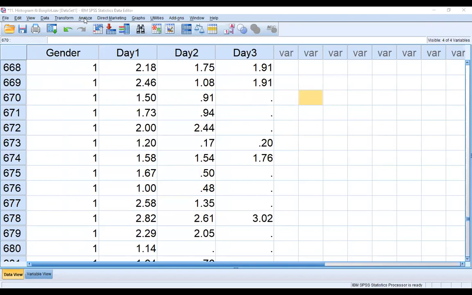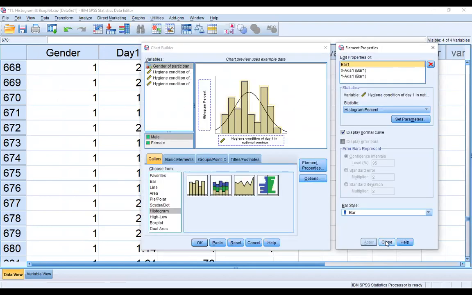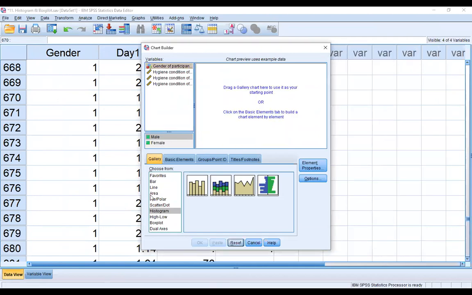We go to Graphs, Chart Builder, and then okay, and after okay, close, then reset all the values. I need a box plot, so I'm ticking box plot here. There are three types of box plot: simple box plot, clustered box plot, and 1-D box plot. We need a simple box plot. You just drag and drop here.